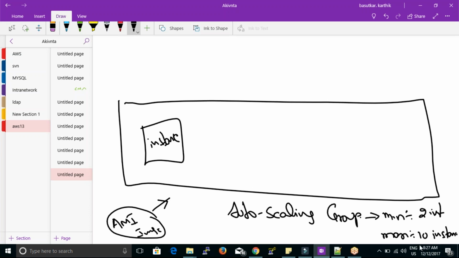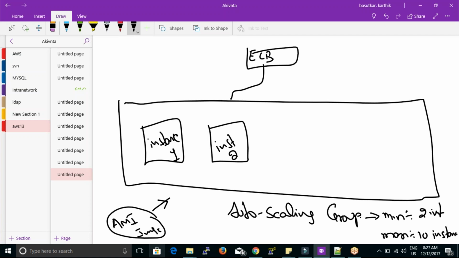You have to define the minimum and maximum instance range for your auto scaling group. If you define 2, the auto scaling group will launch 2 instances from the AMI image, and it will always run these instances in that auto scaling group. Now there you will have the elastic load balancer attached to your auto scaling group. It means that this elastic load balancer automatically recognizes these instances and will divide the traffic between these 2